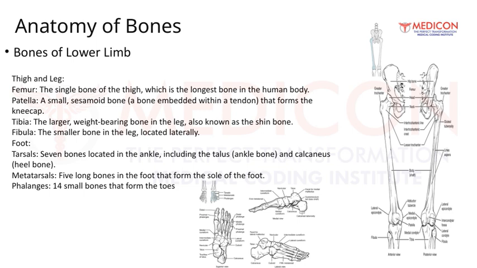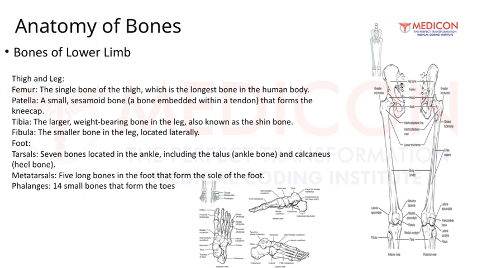Moving down the leg, the tibia or shin bone is the larger weight-bearing bone. It plays a crucial role in supporting the body's weight and enabling movement. On the smaller side, there's the fibula, located laterally, which provides stability to the leg but doesn't bear as much weight. Now, shifting our focus to the foot, the first set of bones are the tarsals, 7 bones located in